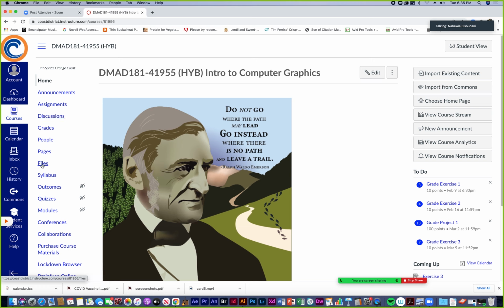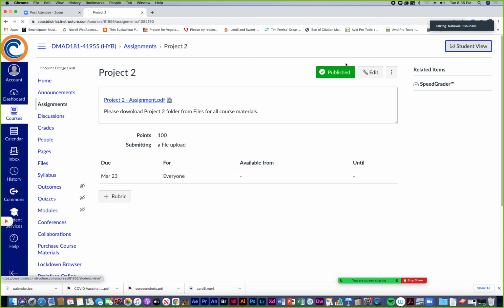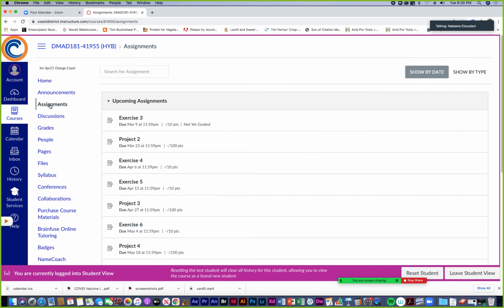If you go to files, the next assignment is project 2. It's the last assignment that's exclusively going to be done in Illustrator, and then we're going to move on to Photoshop. So if you go to assignments and you click on project 2, oops, I should be in student view, so I'm looking at what you're looking at. So you go to assignments, and the upcoming one after you turn in exercise 3 is project 2,